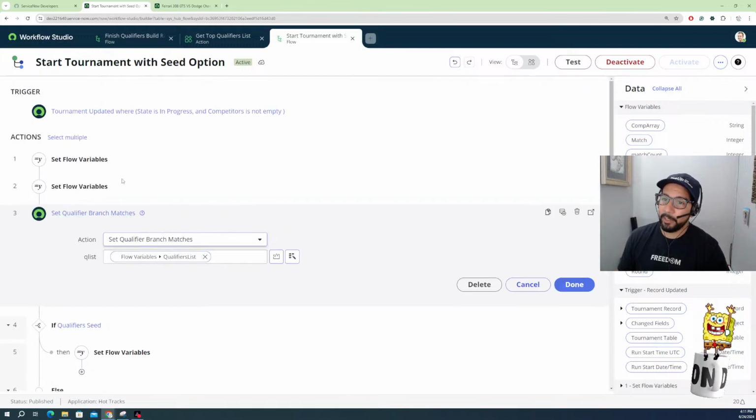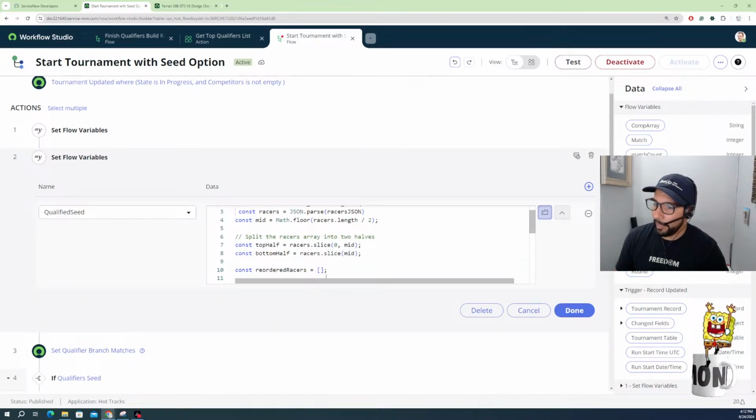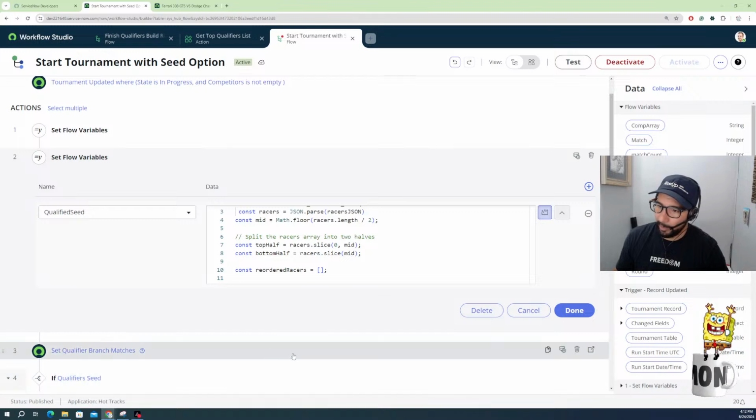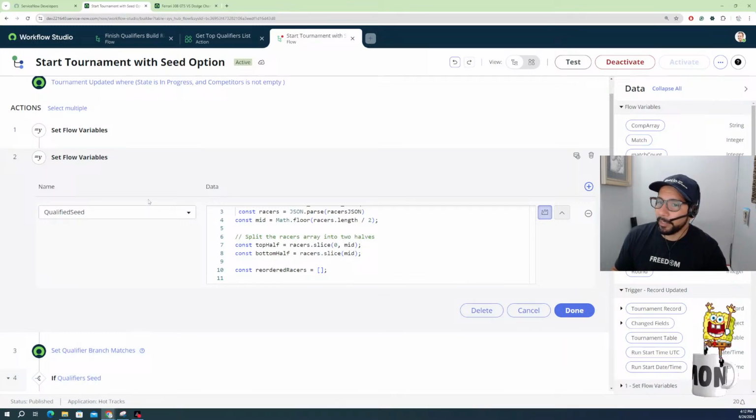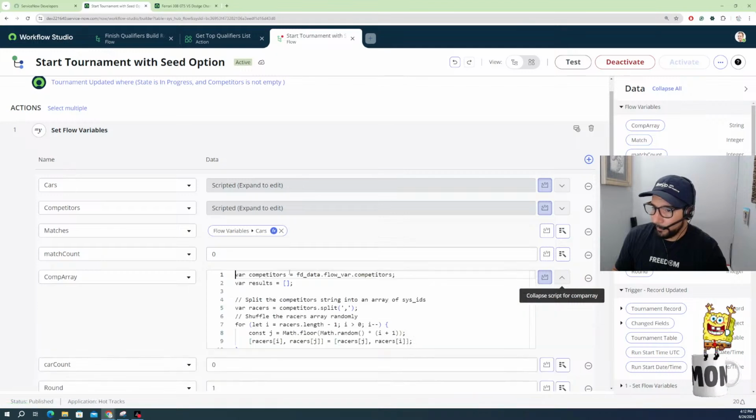Because believe me, if you click something wrong in here, you can simply mess this up really quick. So if you hit this, definitely that goes away. All your logic is nowhere. So just keep that in mind. That's why it's good to have an action. An action is more permanent. These set flow variables can be easily deleted, can be easily messed up. And I think what's going on with this one is